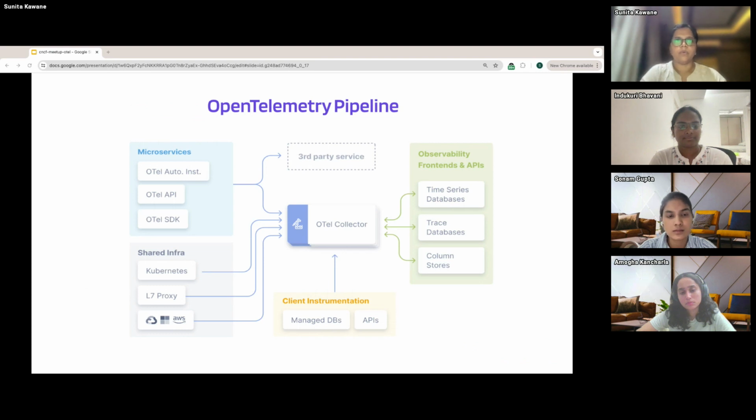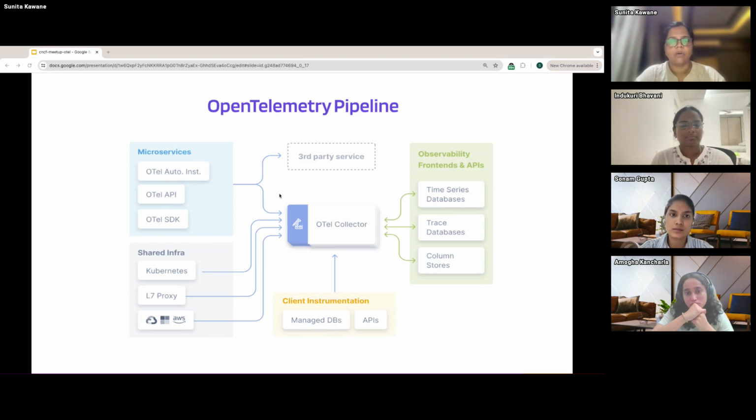And on top of that, we have Otel APIs. Basically, an API is like an interface to access the SDK functionality. We have the APIs on top of the SDKs. So when you auto instrument, when you add instrumentation code in your application, it uses these APIs, which in turn use the SDK functionality, and it generates logs, metrics, and traces data,